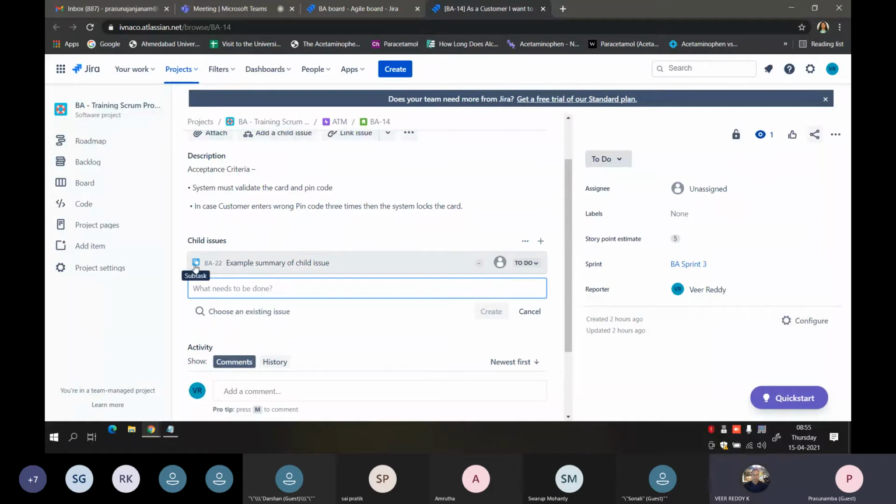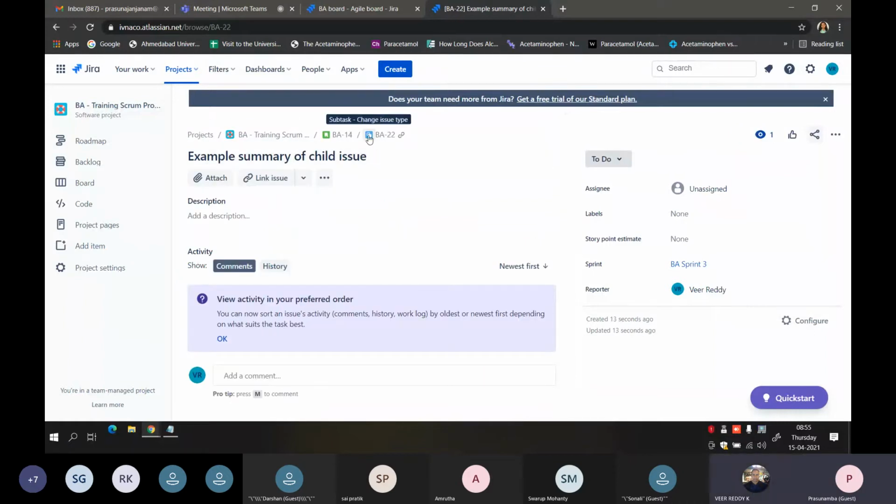If you can see this, the icon of this is different compared to the icon of the story. That means this is a child issue. This is a subtask. By the name, you can understand that a subtask is something that is related to the main one.